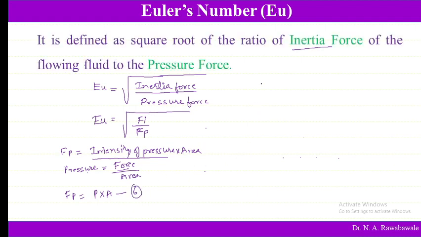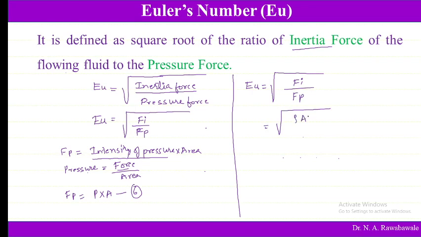Now Euler's number. Eu is equal to the square root of inertia force divided by pressure force. Inertia force is known to us, that is rho A v square, divided by P into A. So area gets cancelled. What is going to remain is square root of